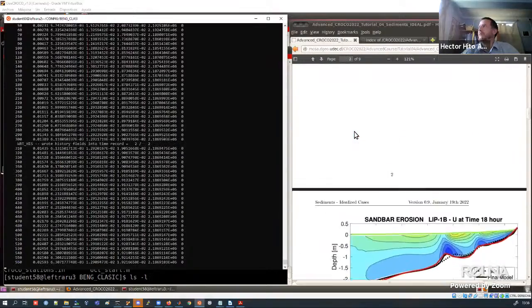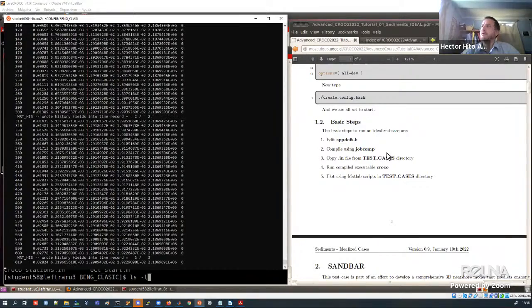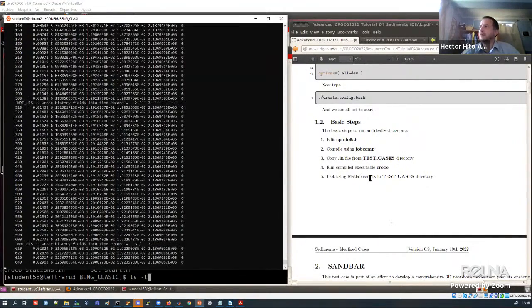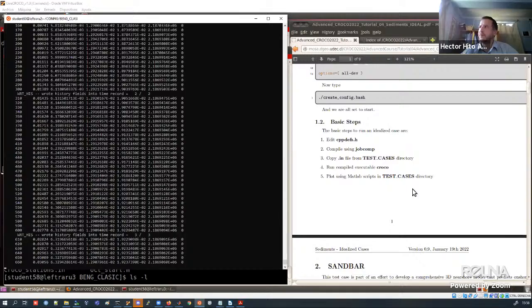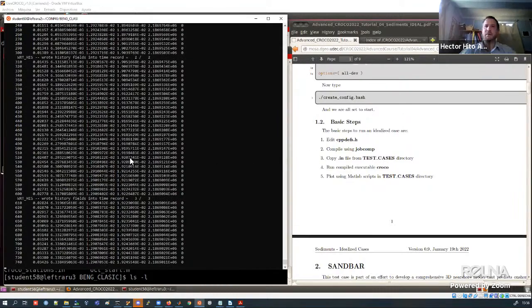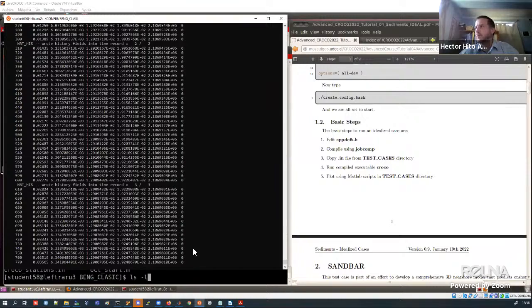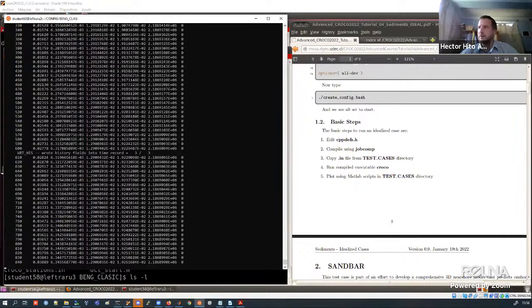Edit, compile, copy the in file, run, and if you're lucky and it works, do plot the MATLAB scripts. Okay. So there's not much more to do as far as demonstration. So I will stop the recording, but I will keep